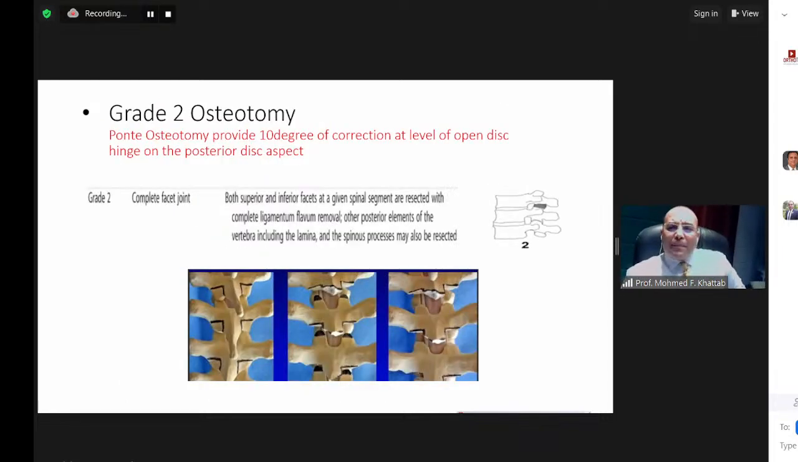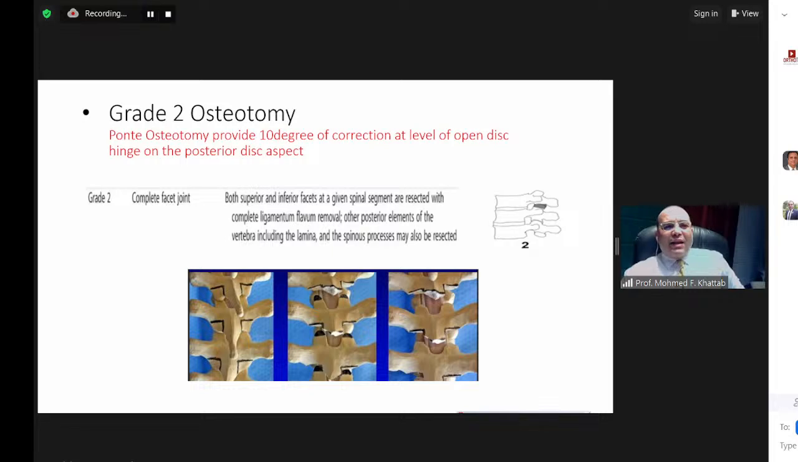For type 2 Schwab osteotomy, it is a complete facet joint excision. Both the superior and the inferior facets at a given spine segment are resected with complete ligamentum flavum removal. Other posterior elements of the vertebrae, like the lamina or spinous process, may be resected as well. Like this diagram here, we remove the inferior facet, the superior facet, the spinous process, the ligamentum flavum, and it